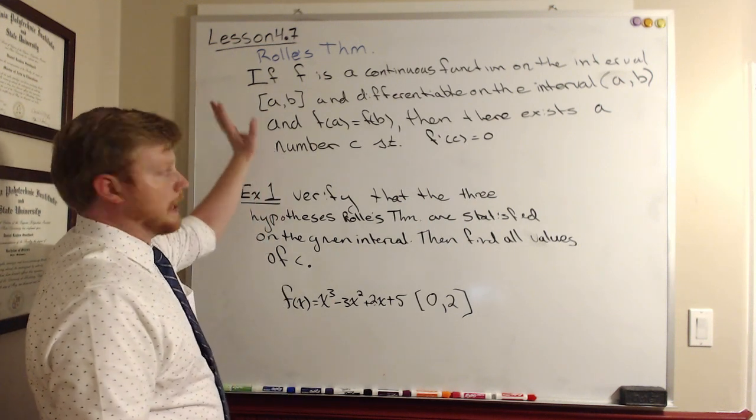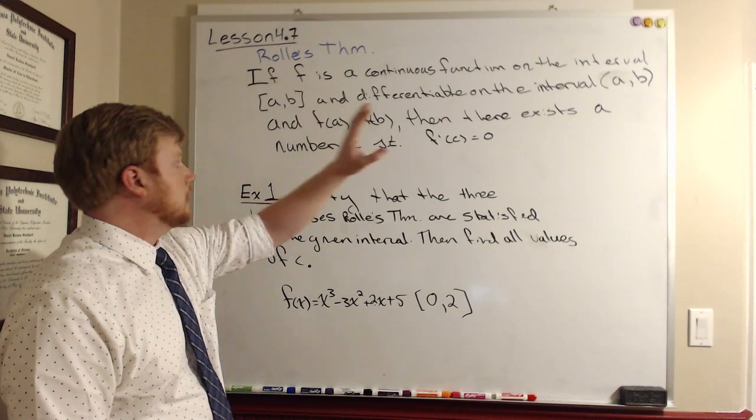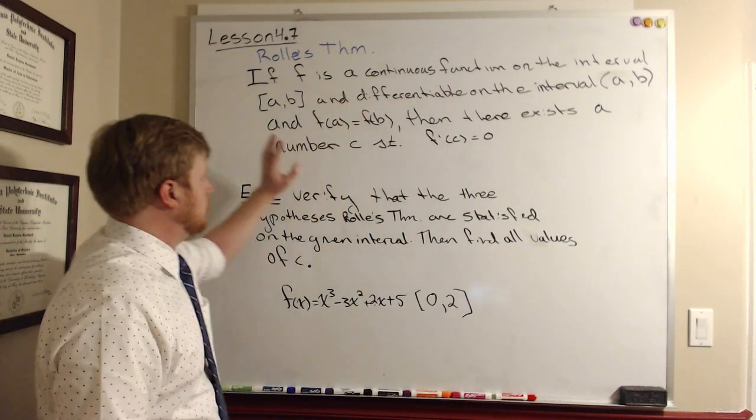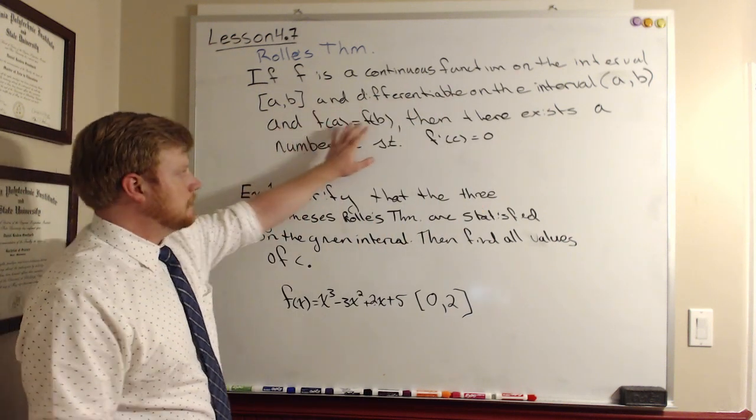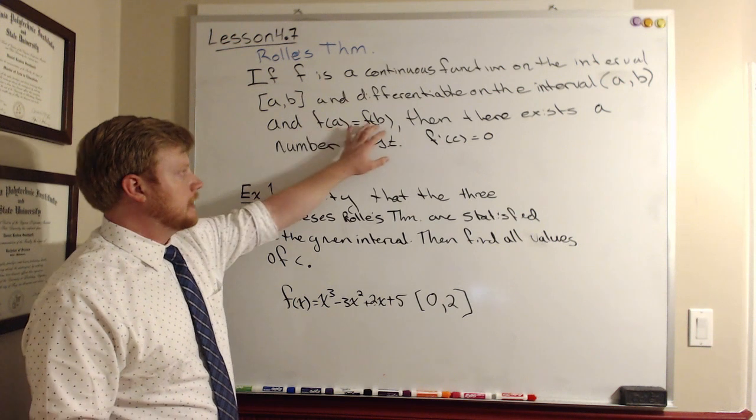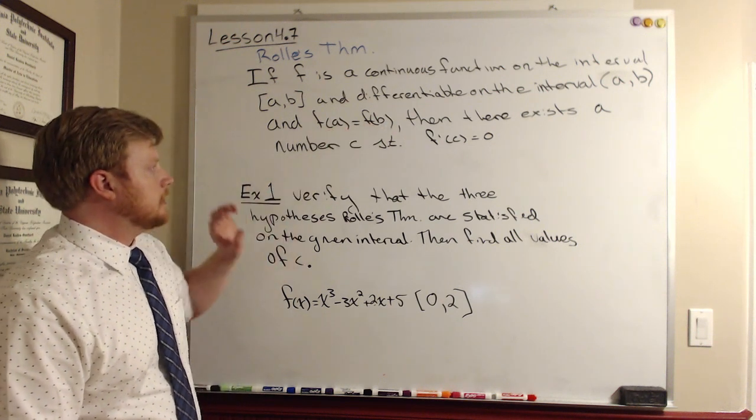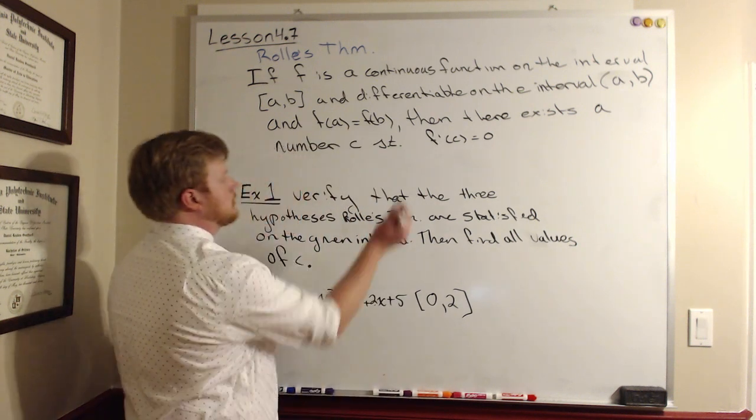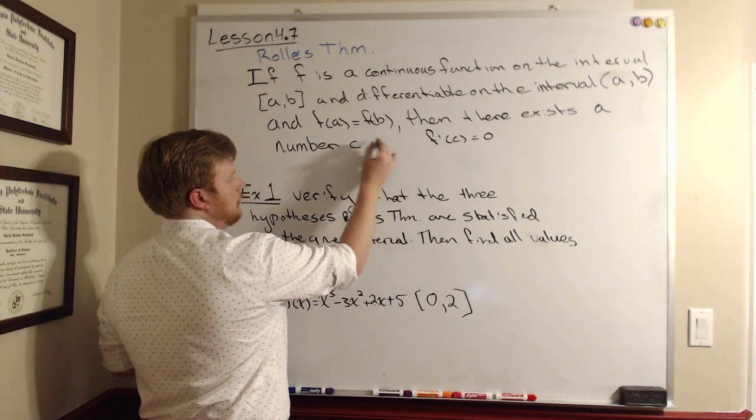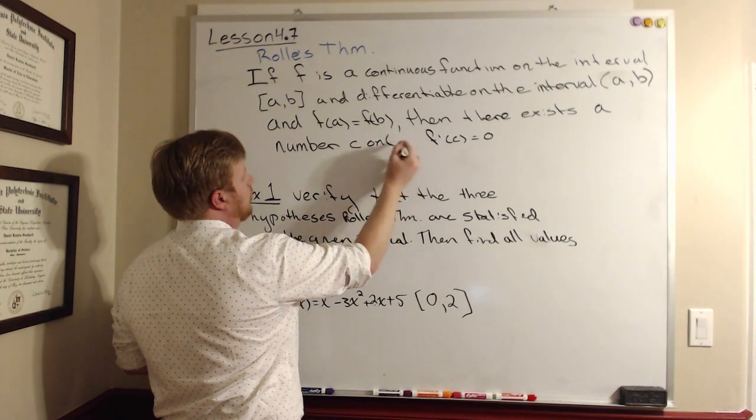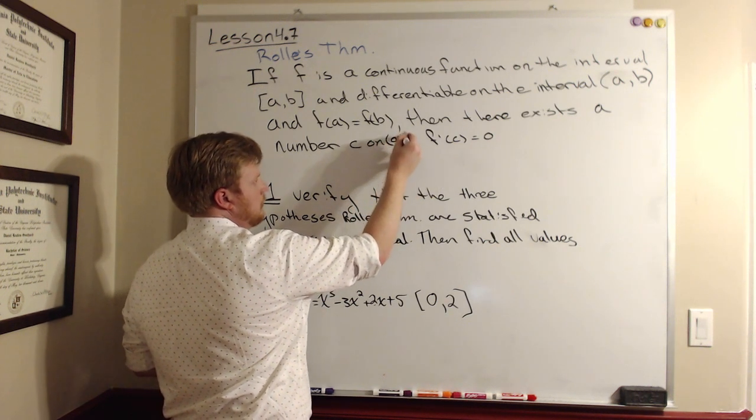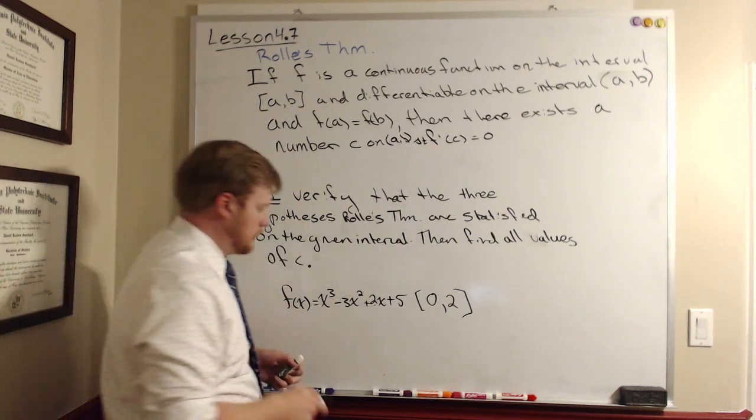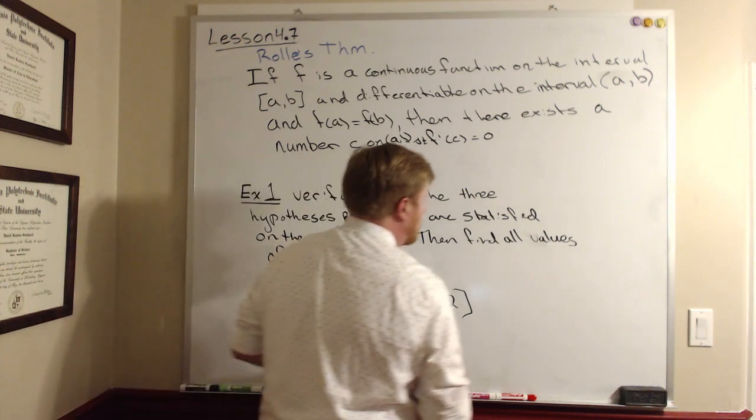Rolle's theorem says that if I have a function f that's continuous on the closed interval a to b and differentiable on the open interval a to b, and the values of the endpoints are equal, f of a is equal to f of b, then there has to be a number c on the open interval a to b such that f prime of c is equal to 0. What that means is,